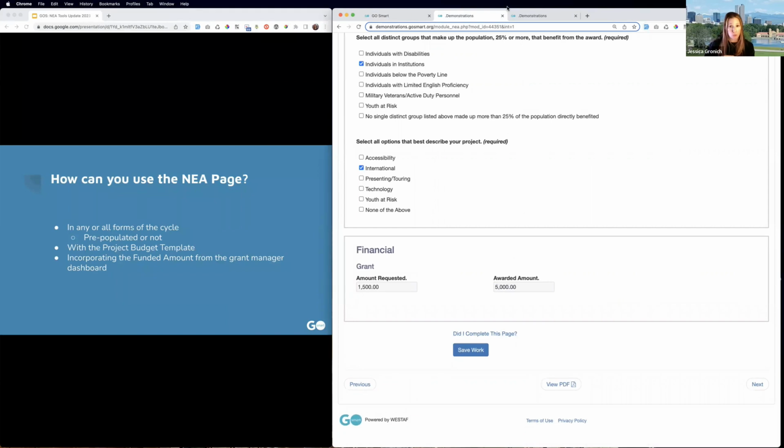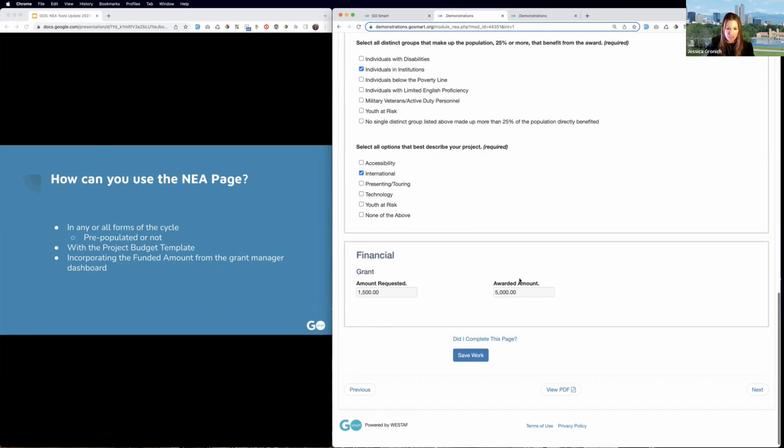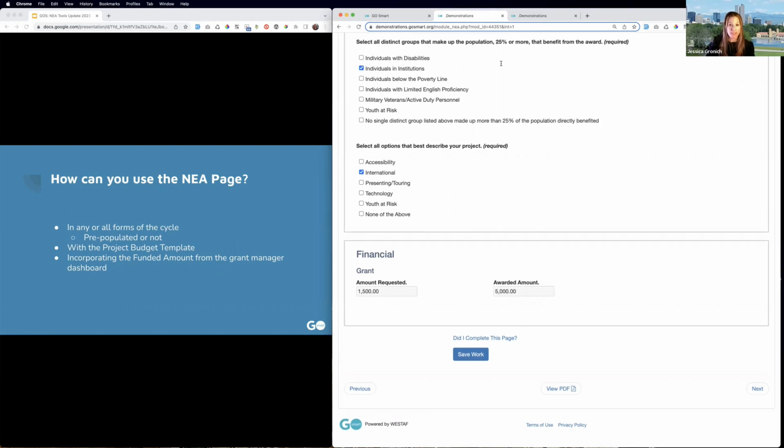If you don't use your grant manager dashboard to fill that out, this is the one field that does not ever allow the applicant to provide that number. And it was really just to make sure that that data point was accurate and it wasn't sort of what the applicant wanted or wished they'd gotten, but it's just always definitely managed by you. So again, I'd really recommend utilizing that function on the grant manager dashboard just so that you can be sure